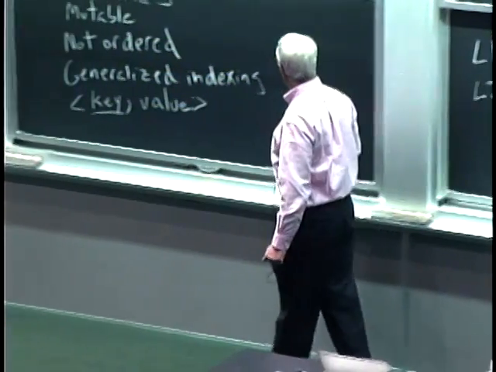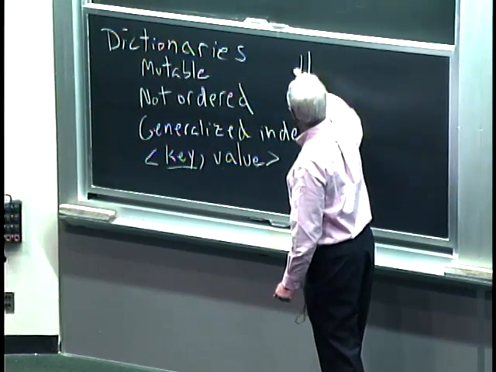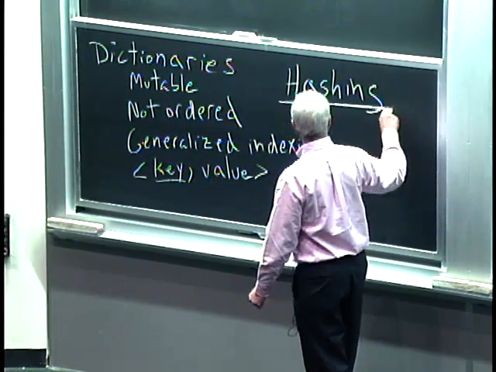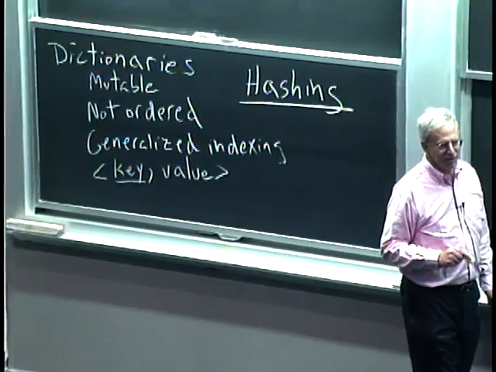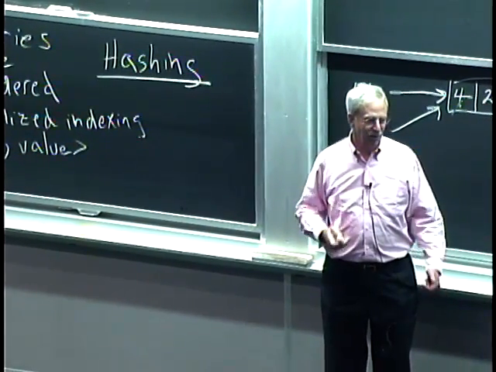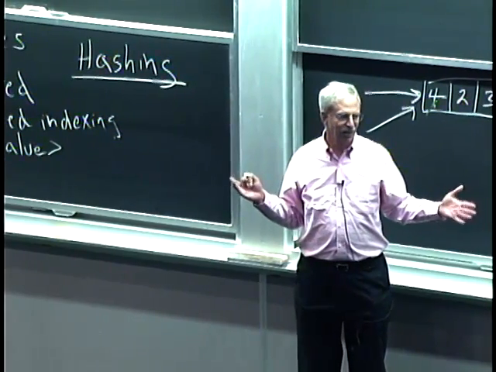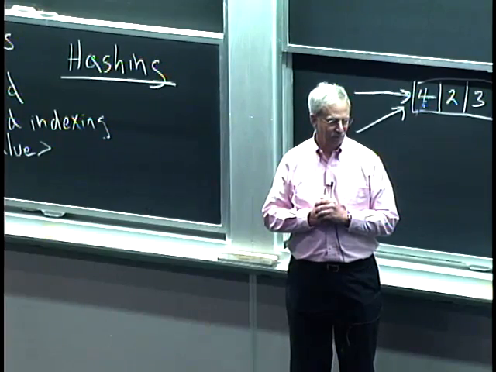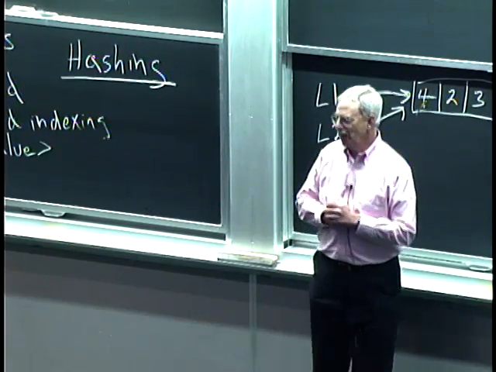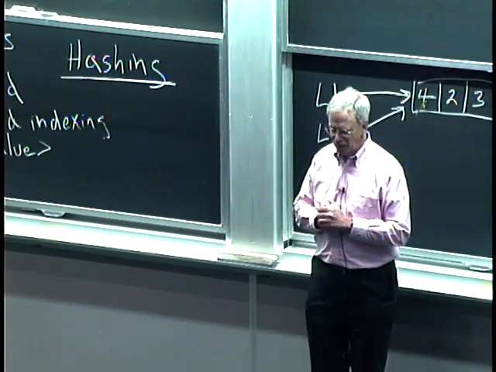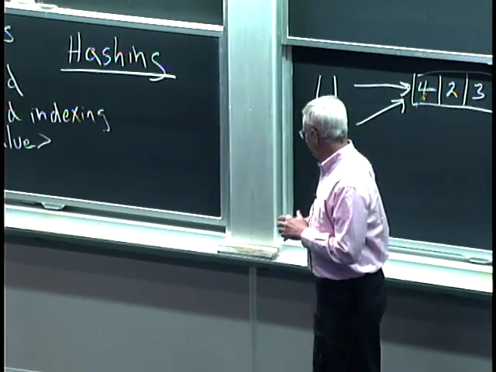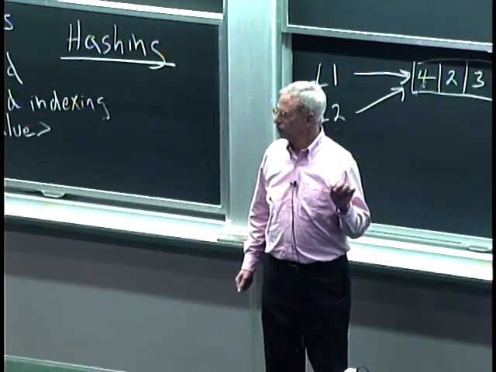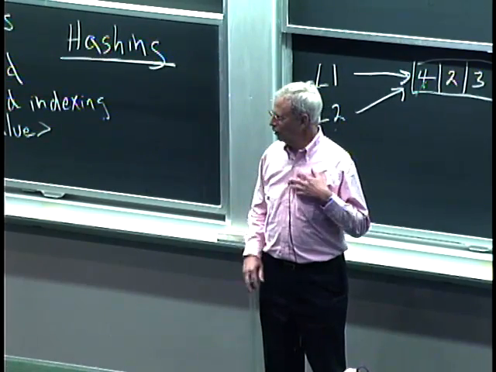Dictionaries are implemented using a magic technique called hashing, which we'll look at a little bit later in the term, which allows us to retrieve keys in constant time. So it doesn't matter how big the dictionary is, you can instantaneously retrieve the value associated with the key. Extremely powerful. Not in the next problem set, but in the problem set after that, we'll be exploiting that facility of dictionaries. All right, any questions about this? If not, I will turn the podium over to Professor Grimson,